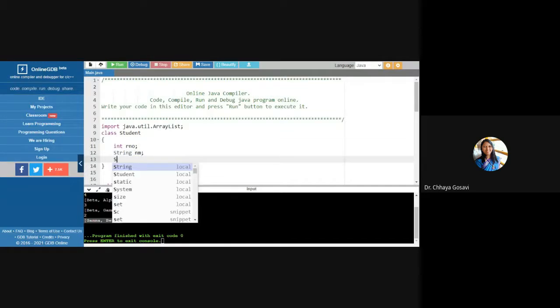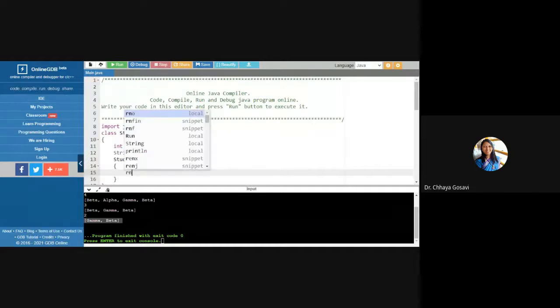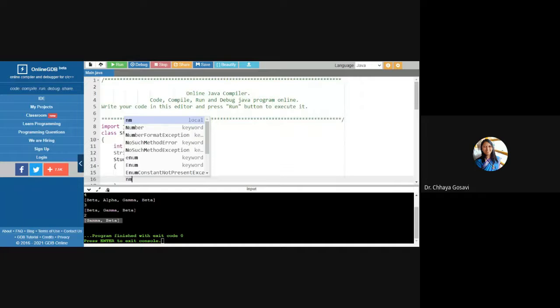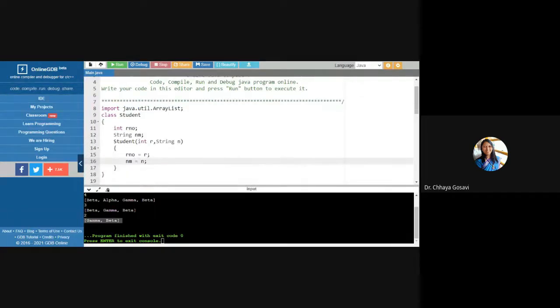And I have a constructor which will initialize roll number and name. Roll number is equal to R, name is equal to N, and the function which will display name and roll number.